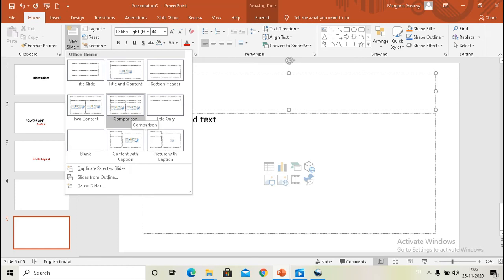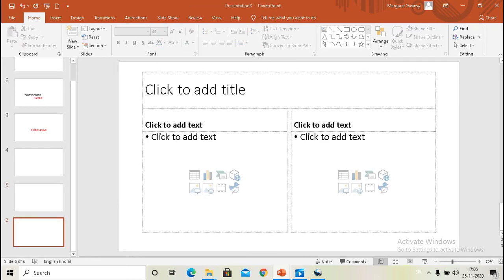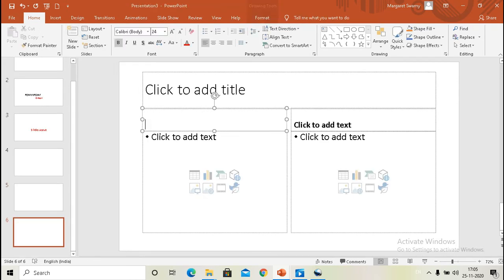Next we have Comparison. If you want to show the difference between things, like last time we saw the difference between RAM and ROM, and you want to present it this way, you can use the Comparison layout.